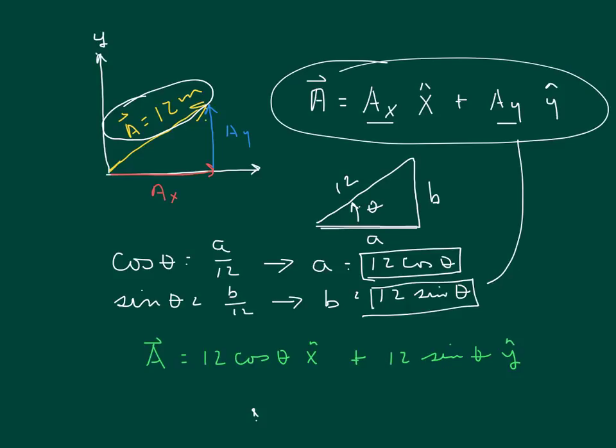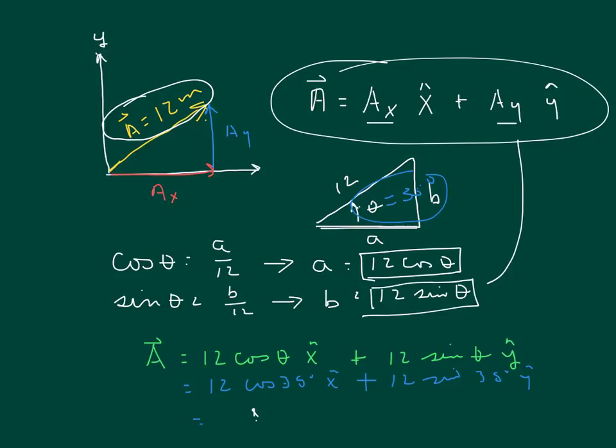To put a final number to it, let's say that theta is equal to 35 degrees. Then we would have A is equal to 12 cosine 35 degrees in the x direction plus 12 sine 35 degrees in the y direction,